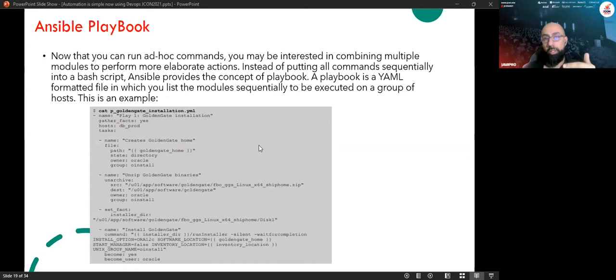But you need to write another task, or you can use an Ansible predefined module and copy this to the hosts over there. Then it starts the installation, depending on the code that you put. So this is a brief, small playbook.